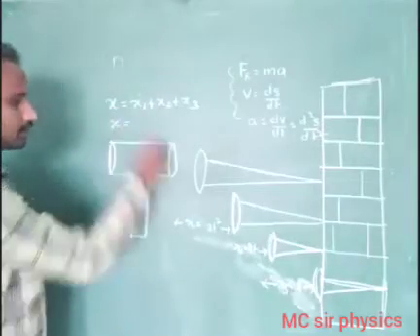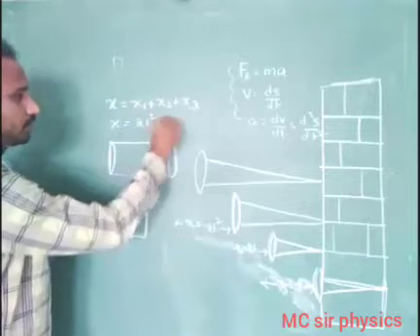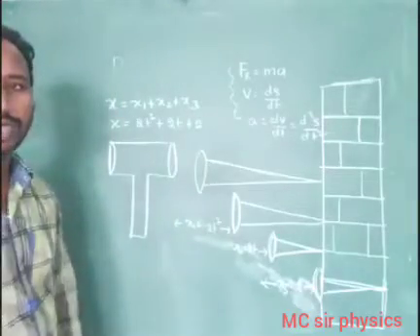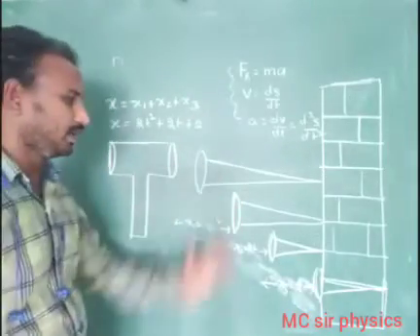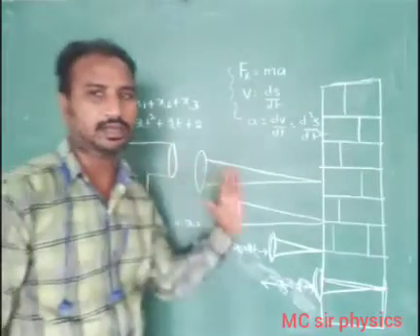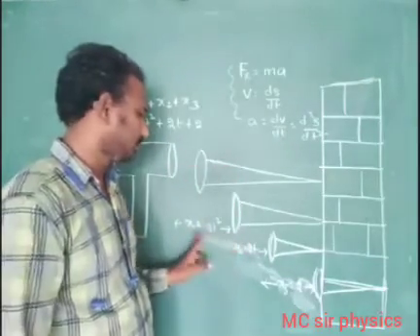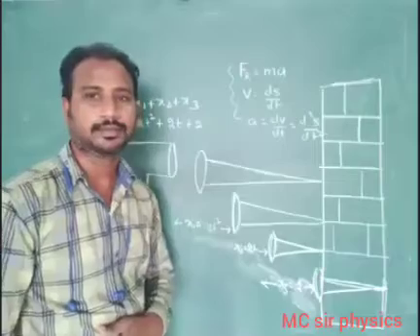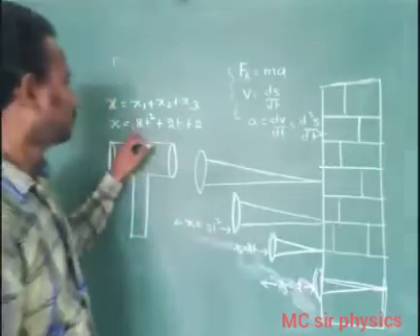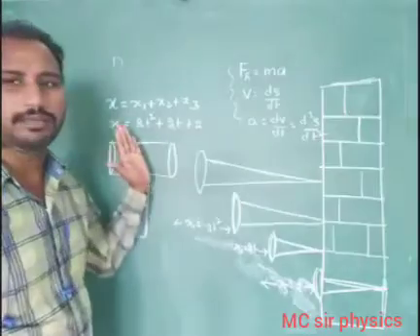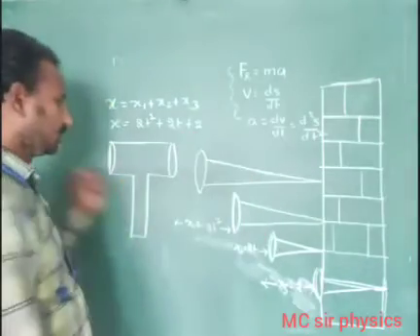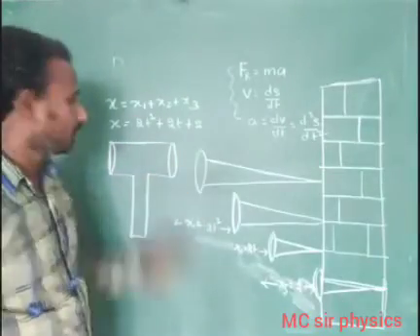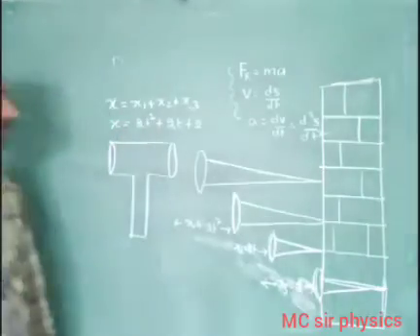X is equal to x1 value 2t square plus x2 value 2t plus x3 value 2. Whenever we hit this nail strongly, the displacement gradually decreases. First observation displacement 2t square, next displacement 2t, next displacement 2. Students, do you identify this point? So 2t square plus 2t plus 2 means with respect to time its displacement gradually decreases with the high energy of external forces acting on the head of the nail. X equals 2t square plus 2t plus 2.